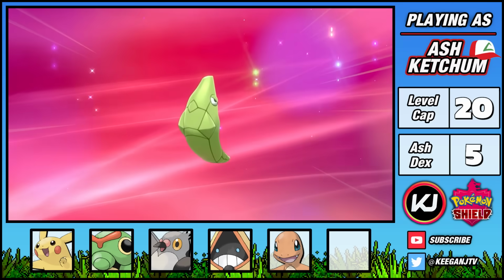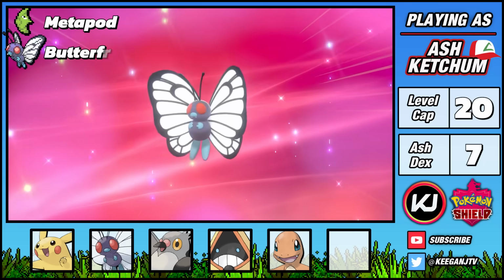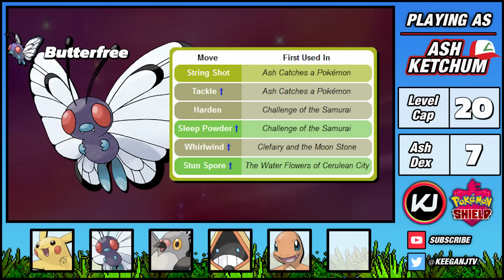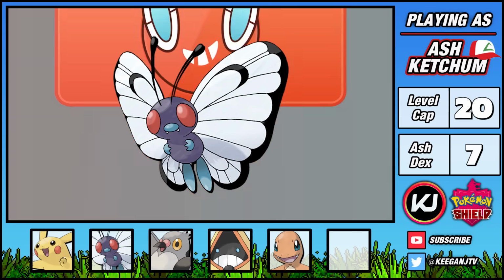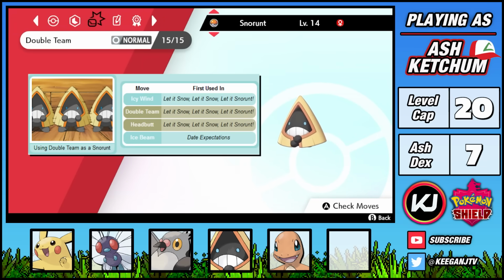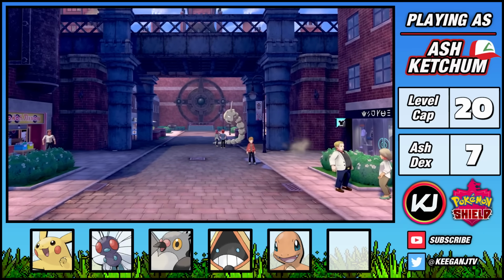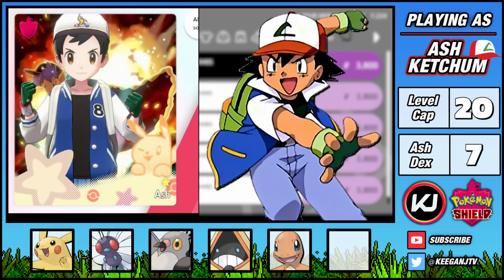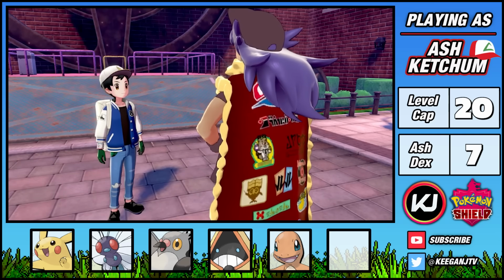Our Caterpie evolved into a Metapod, and then into Butterfree. It's a pretty strong Pokemon early on, but it can't really learn any good moves, which goes to show that this challenge won't be easy. Another example is Snorunt, who I can only use Double Team with, at least until I get my hands on an Ice Beam TR. Now we're in Motostoke, and here I can upgrade my style to at least look slightly more like Ash. Here we catch up with Leon and...